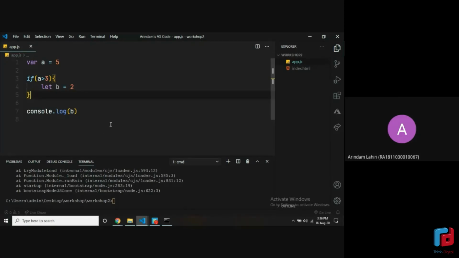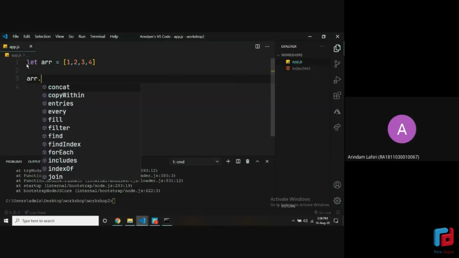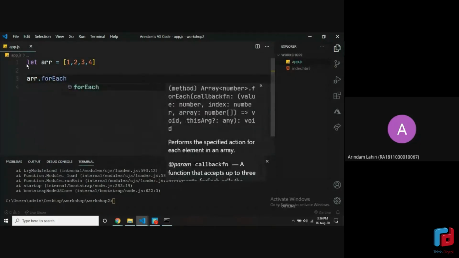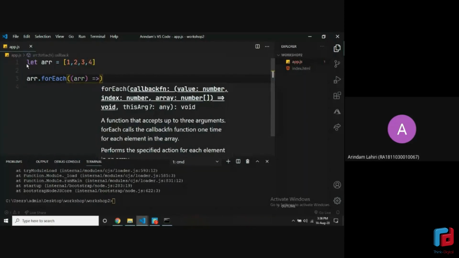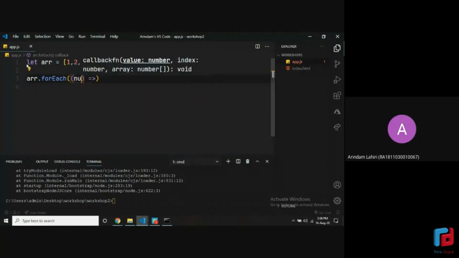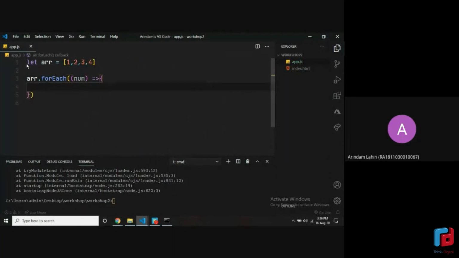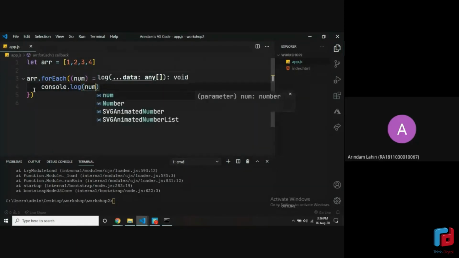Okay, so let me quickly tell you a little bit about some array functions. If you write down an array like 1, 2, 3, 4, and you had to iterate through this array, the way you do it in other languages is by using a for loop, right? But in JavaScript, there's an easier way of doing it by running a function called forEach. It looks like array.forEach. Let's name the parameter something else, like num. Then you write a function with console.log(num). Okay, let's see how this works.